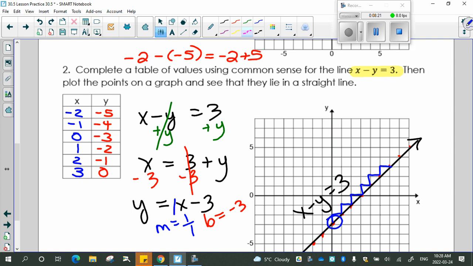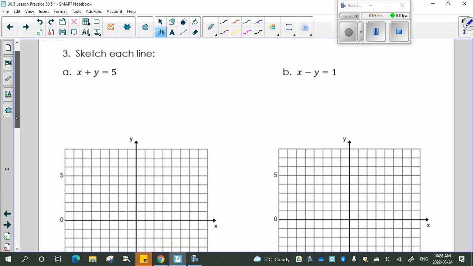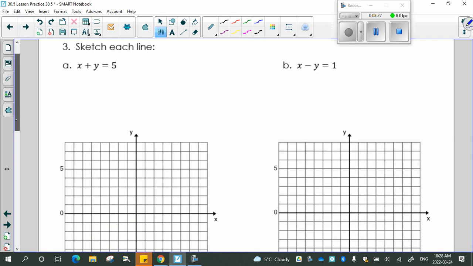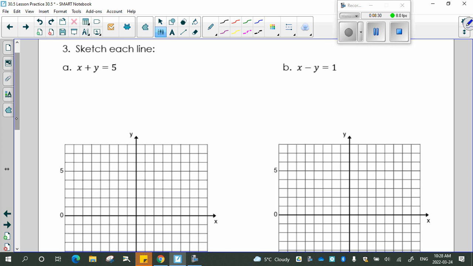All right, so to do the next 4, I want you to work with your elbow partner. Whoever's sitting beside you, work with them. And then I'll slowly put